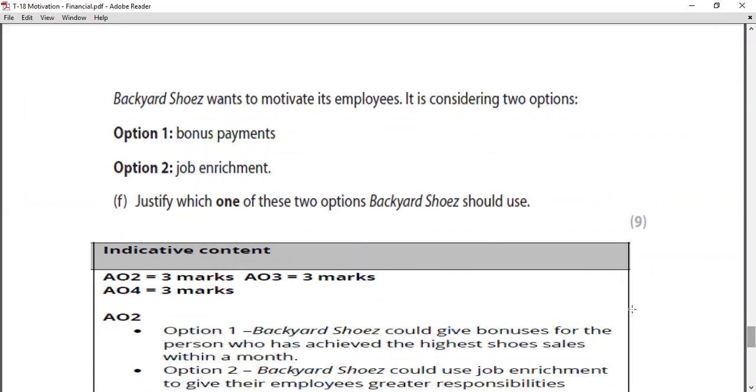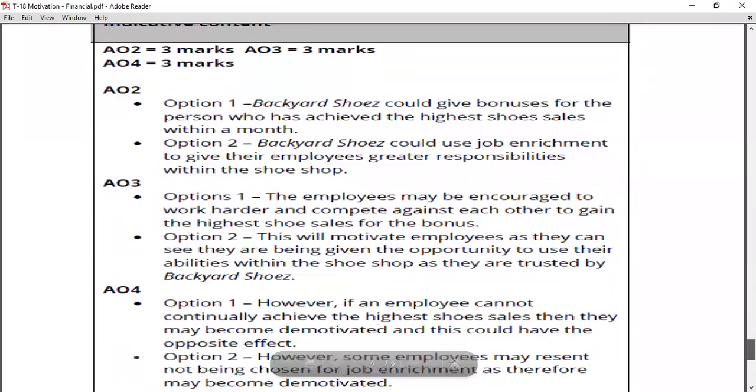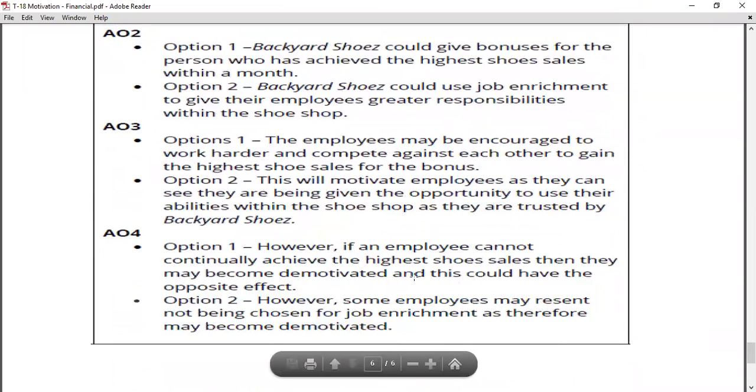At the end, you can suggest a group bonus system. If always we are giving only to one person, it's unfair. So sometimes we have to give to everyone, something like: if you sell one pair of shoes, you get a small percentage. That is better. So always give a conclusion in your answer.